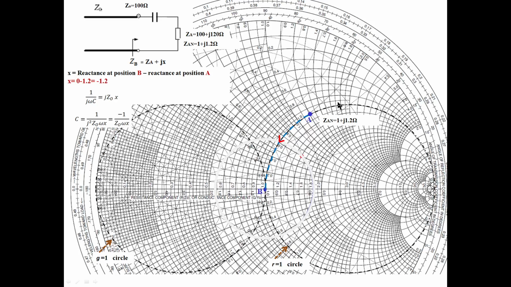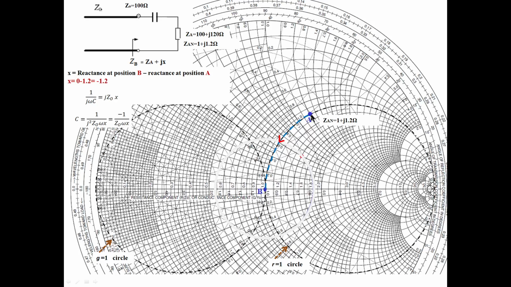Similarly, if you are anywhere over this resistance circle, for example, I am here, I can move and reach here. From here, I can move and reach here. Even if the point is here, we can move and reach here. This is anti-clockwise. It adds a series inductor if you are here. If you move like this, it adds the series inductor. So, first thing is, you should be on the G is equal to one circle or R is equal to one circle to reach the center of the Smith chart.